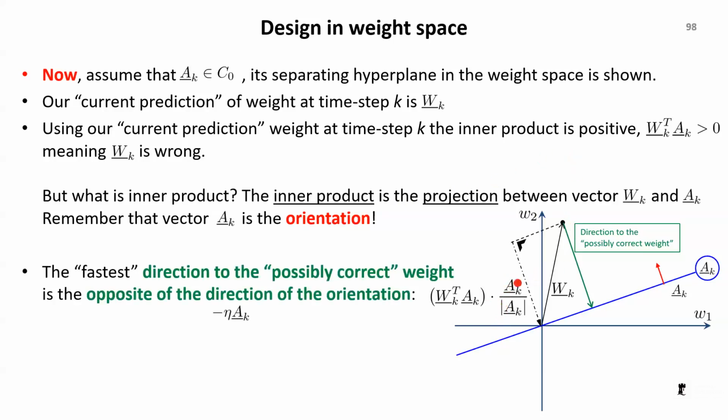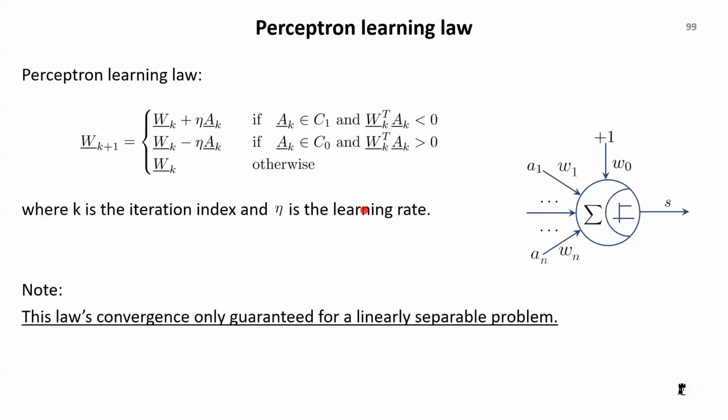And you can see that they are actually opposite directions. In vector, if you have the opposite direction, it is a negative, right? So the conclusion is this. If we have class positive, and the inner product is negative,